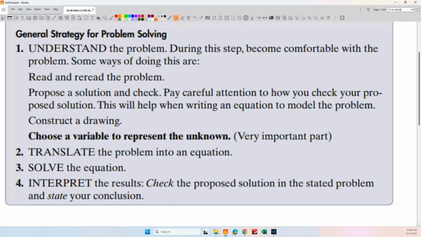Pay careful attention to how you check your proposed solution. If you're solving an equation, the algebra part is easy to check. You just plug your solutions back into the algebra and see if it worked. But there's still the part where you have to determine, is the algebra that you developed consistent with the problem? So there's a little bit to this. This step right here sometimes gets skipped over too quickly. People want to, and it's because you're advanced students, you're really intelligent, you're overachievers, you want to get to an answer. But sometimes jumping into a problem before you're really prepared is actually a waste of time because you go down the wrong path.